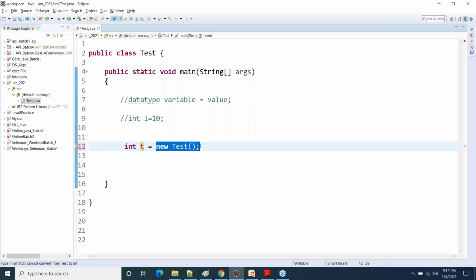The type of the object will always be the type of the class. So the type of that object will be Test. And because the type of the object on the right side is Test, on the left hand side the variable should also be of the same type, which is Test. Is it clear?